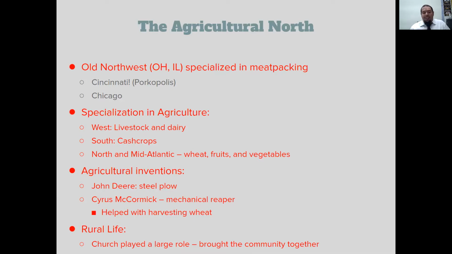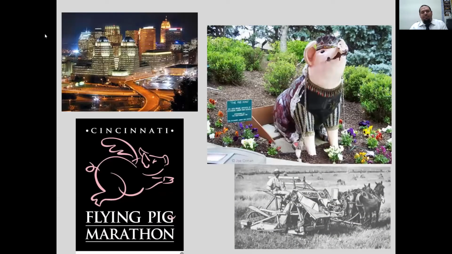And agriculture inventions that helped were John Deere's steel plow and Cyrus McCormick's mechanical reaper, which helped with harvesting a lot of wheat during that time, and rural life, where the church played a large role in bringing the community together. And yeah, that happened a lot. So here you have pictures of Cincinnati, and all across Cincinnati, there are statues of pigs, the Rib King, and here you have Samuel McCormick's